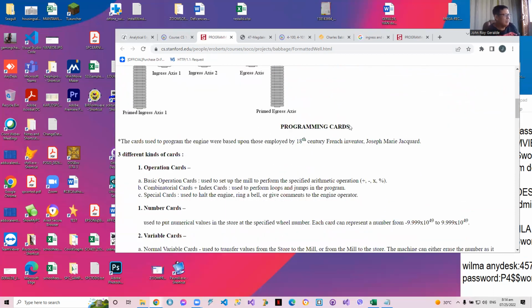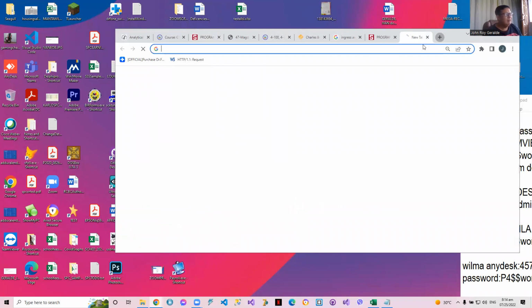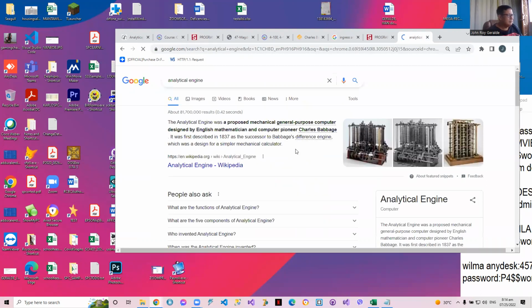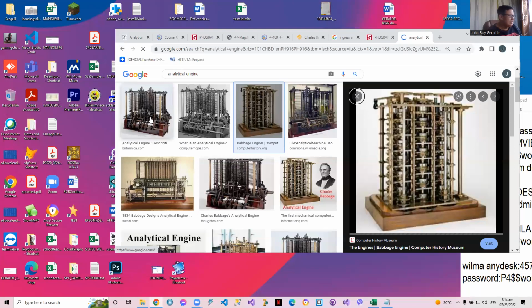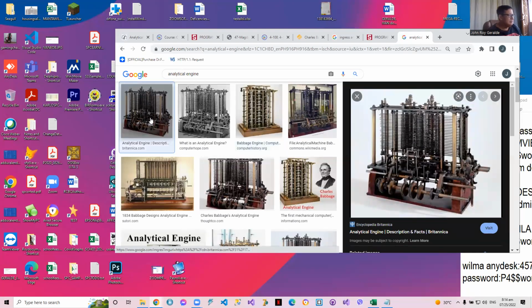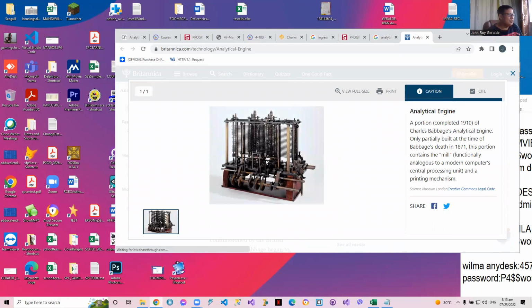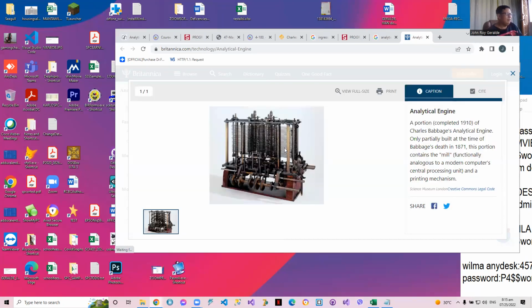So this is the diagram that describes the egress axis. Let's look at the mill. I'm sorry, this is the differential engine. The analytical engine is this. So there are 4 columns. Let's enlarge this. If you look at that,